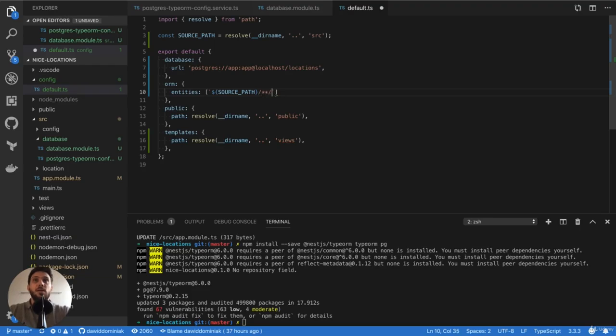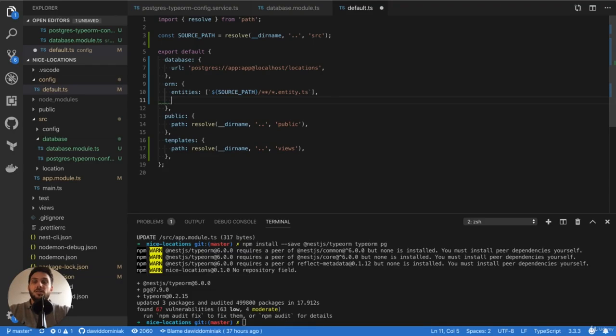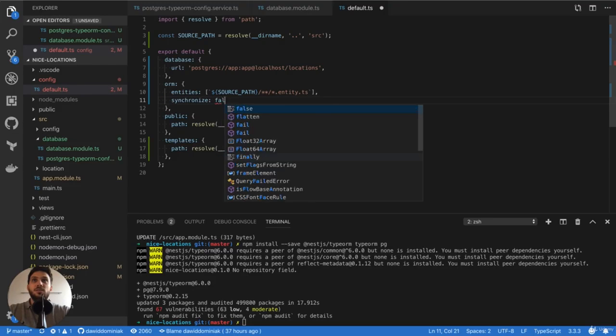Source path, and our entities will be placed under any directory and can be named in any way, but the final section will be entity.ts. Let's fix the linter,